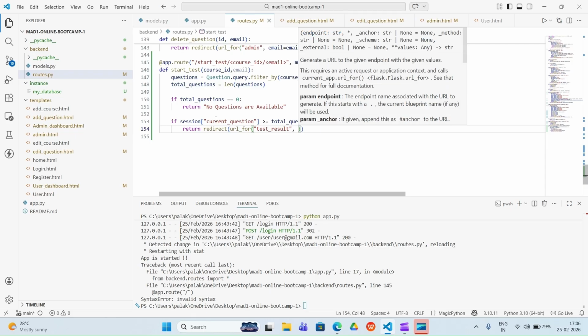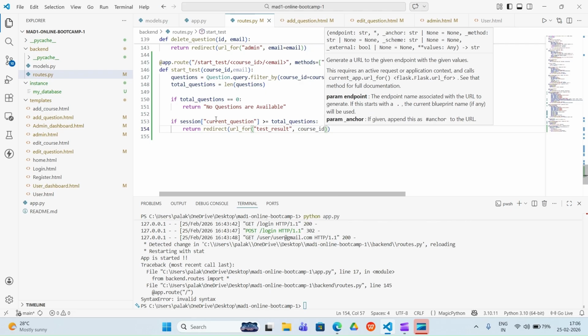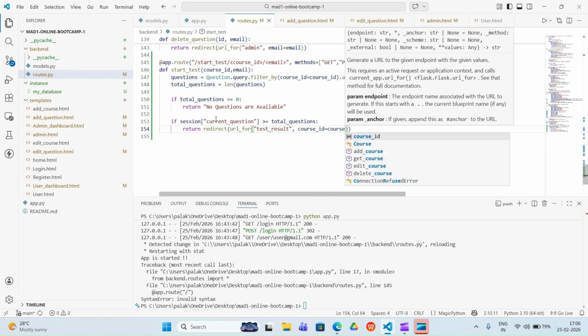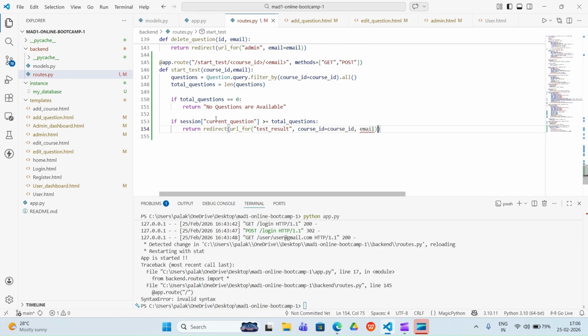Okay, and here what we need to give is the course id and email, so that it will be able to give you the particular course. For a particular course id, it will give you this course, so that you can see from there.